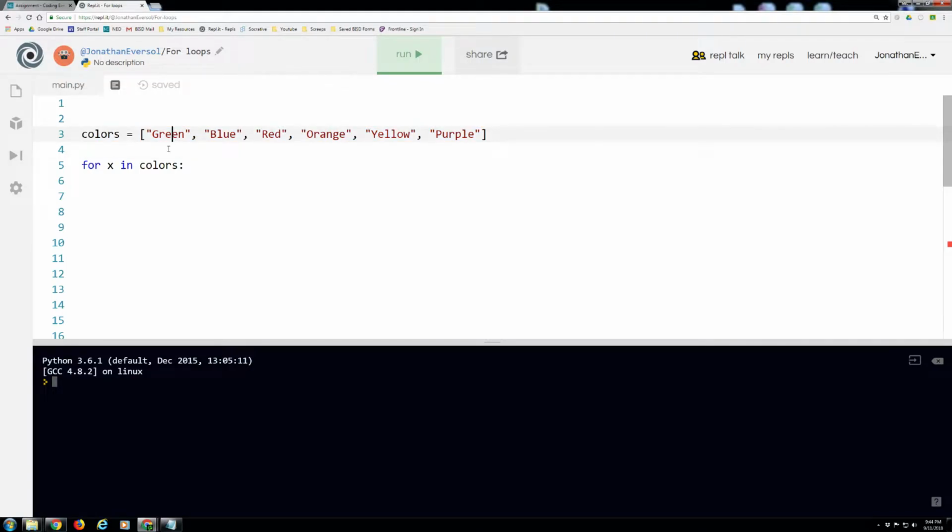So we have green is at the 0 position. I'm just going to put this up here because I know you guys are used to it. 0, 1, 2, 3, 4, and 5. Okay. So for X in colors, I want to